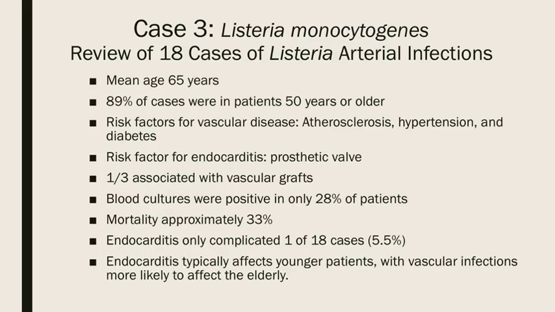So mean age of arterial infection, 65 years. 89% of cases were in patients 50 years and older. Risk factors are shown there. Risk factor for endocarditis, as I said, prosthetic valve. A third were associated with vascular grafts. The mortality was about 33%. Now,